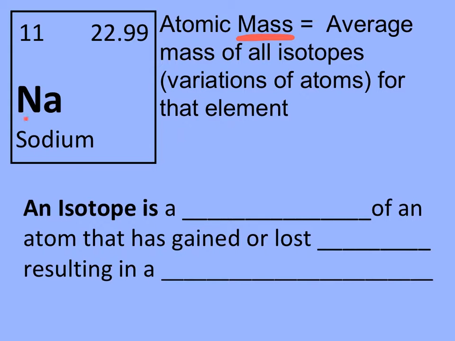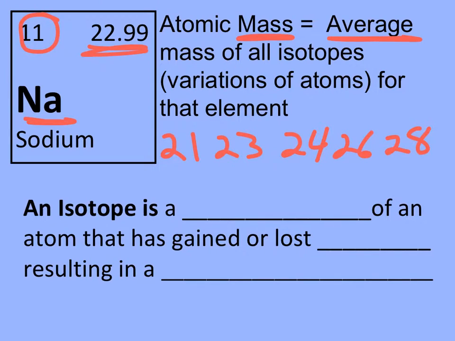So for example, sodium has 11 protons, but it's got an atomic mass of 22.99. And the reason for that is because it's an average. It's an average mass of all the isotopes. Some types of sodium can have a different weight or a different mass. It might have 21, 23, 24, 26, or 28. All these are different possibilities of the same type of element. Okay? If it has 11 protons, it's always going to be sodium, but it can have a different weight,